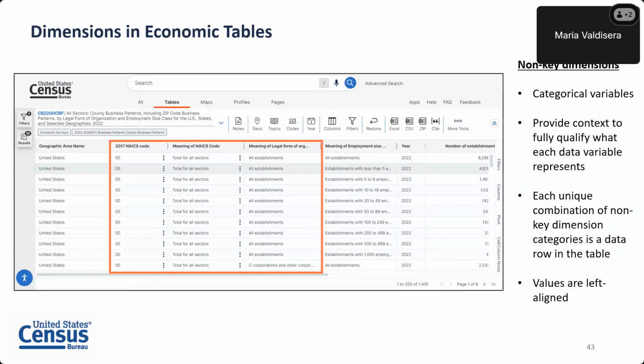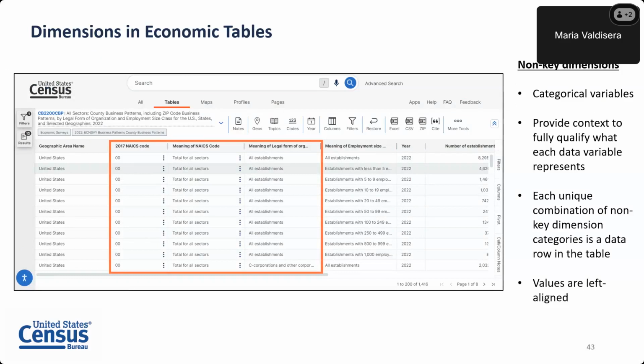So these are more categorical variables. They provide context to fully qualify what each data variable represents. Each unique combination of non-key dimension categories is a data row in a table, and the values are left aligned in the actual table itself.